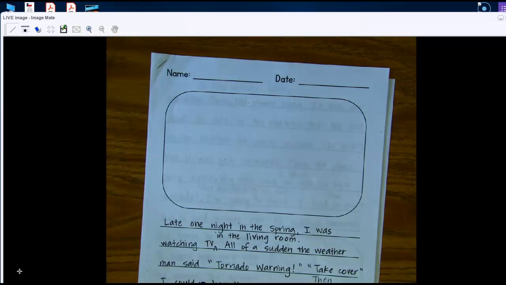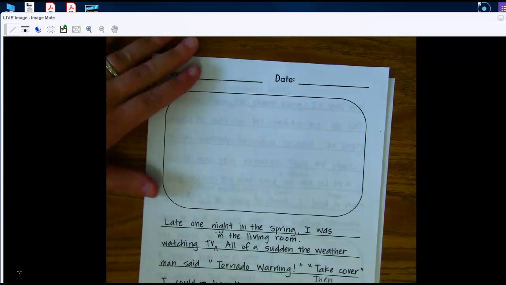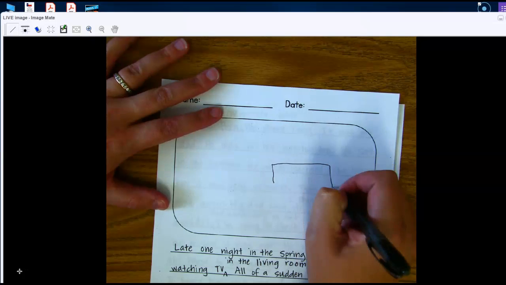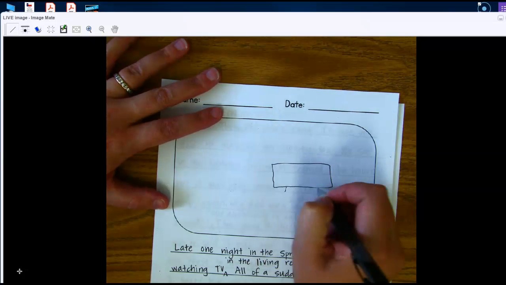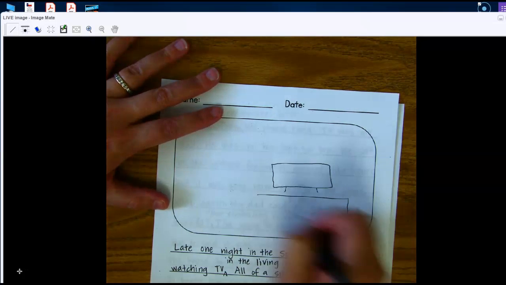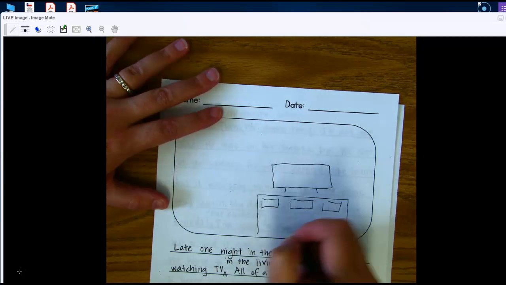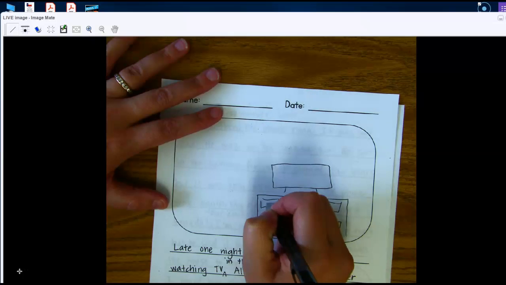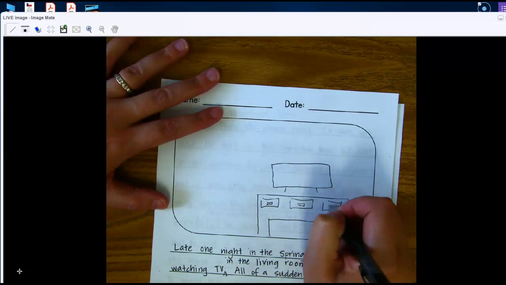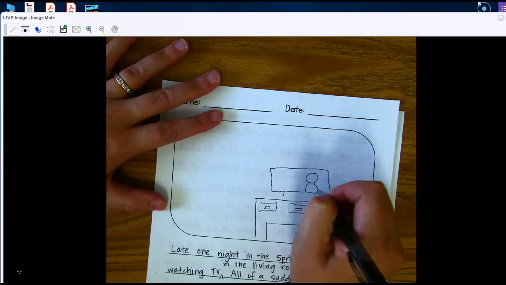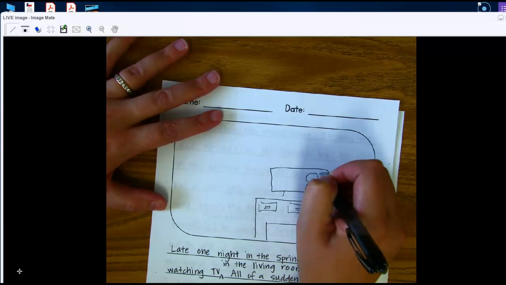Late one night in the spring, I was watching TV in the living room. All of a sudden, the weatherman said, "Tornado warning, take cover." I think that's what I want to put, right? Because that's what I was watching. So here's my TV. Here's my TV stand. Okay, here's the weatherman. And he's saying,